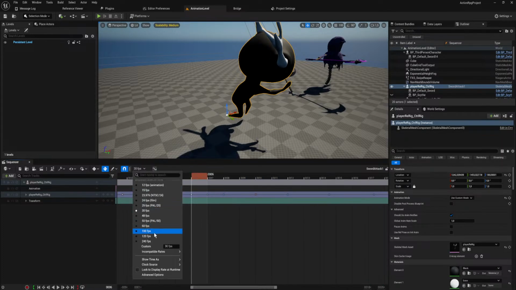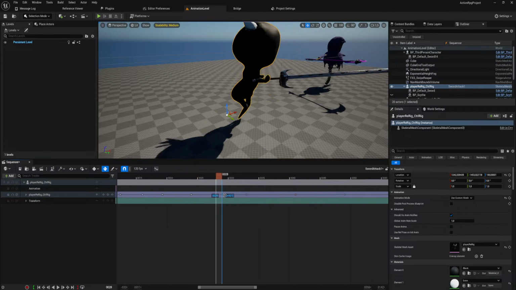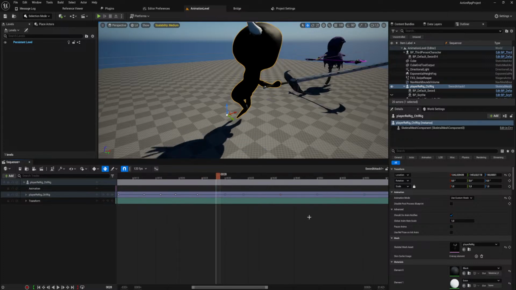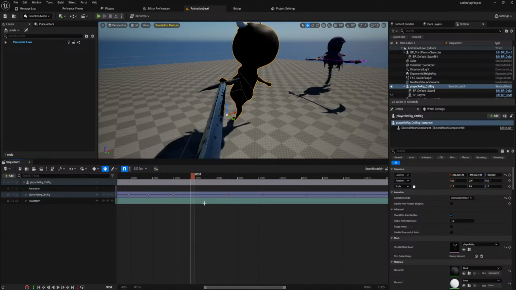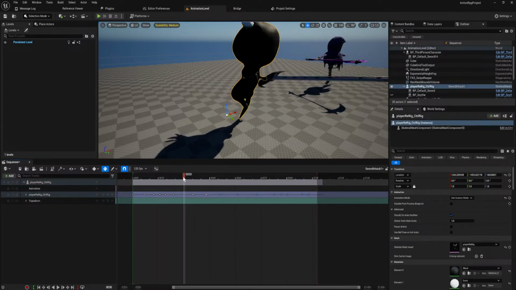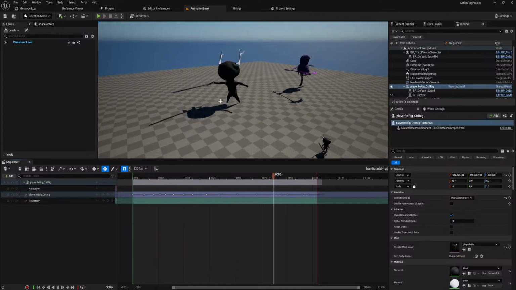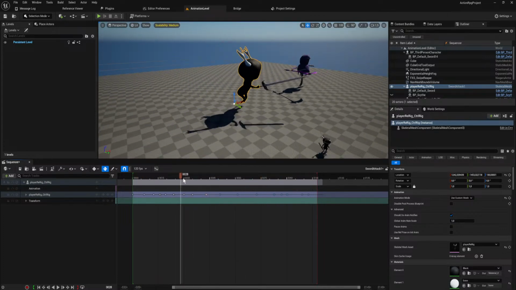I also figured that animating in 120 frames per second gives way more precision in what we can actually do in terms of timing. Because even if it doesn't play back at 120 frames per second, the interpolation is still going to take these keyframes as the thing that it's doing. So you can see that this is still relatively fast.